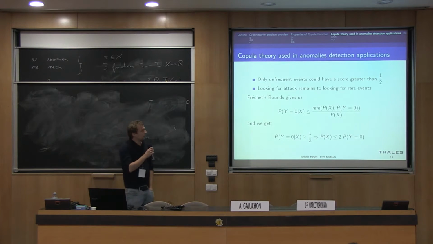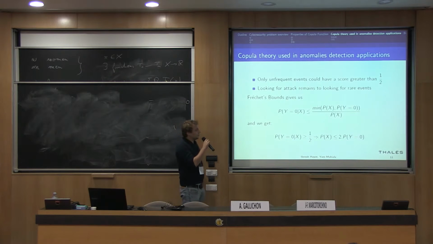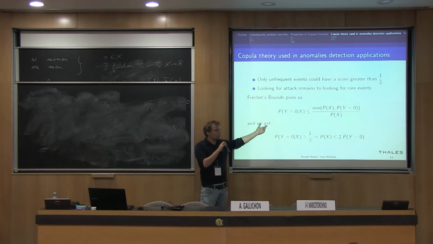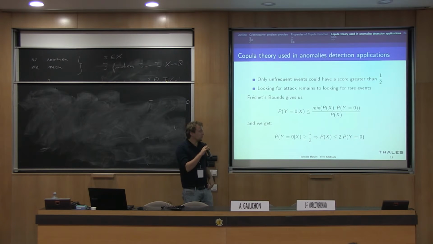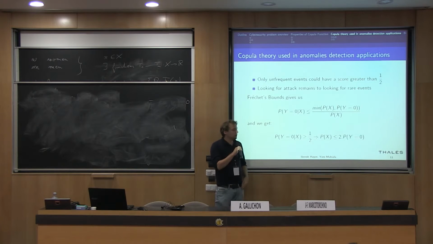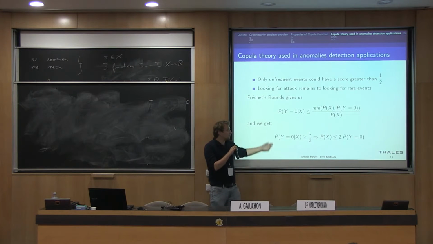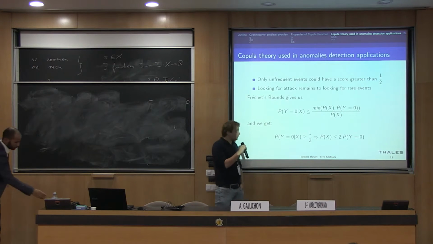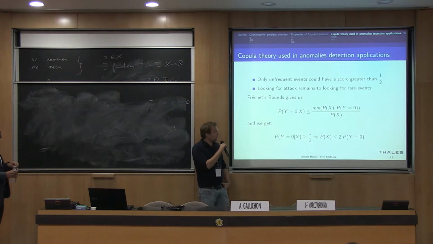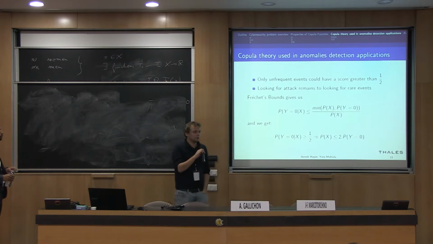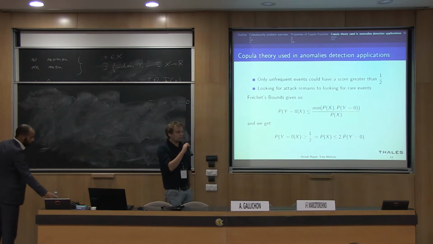So now I want to model the joint probability between the attack event and the different characteristics of a network packet. So if I use the first Fréchet bound, I can have this bound on the conditional probability, and if I use the maximum a posteriori rule, I can see it's not possible to have an attack if the event is not a very rare event.